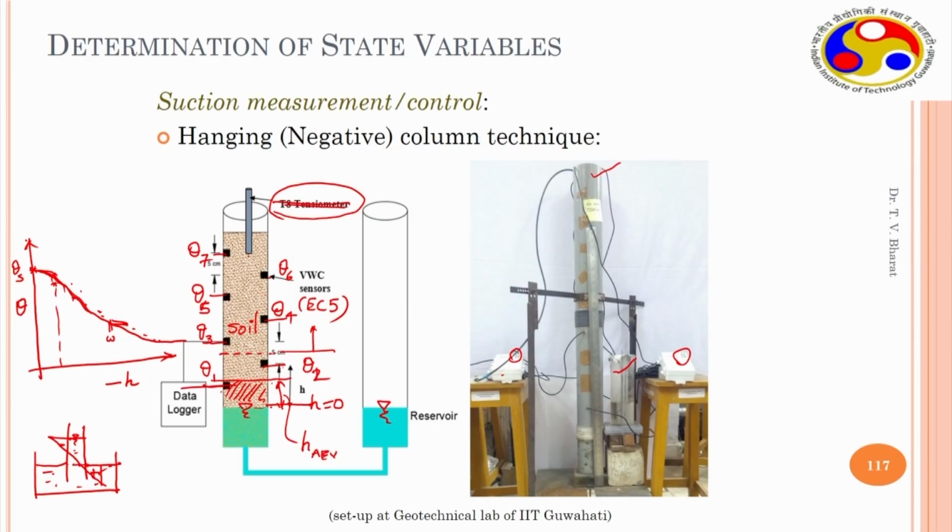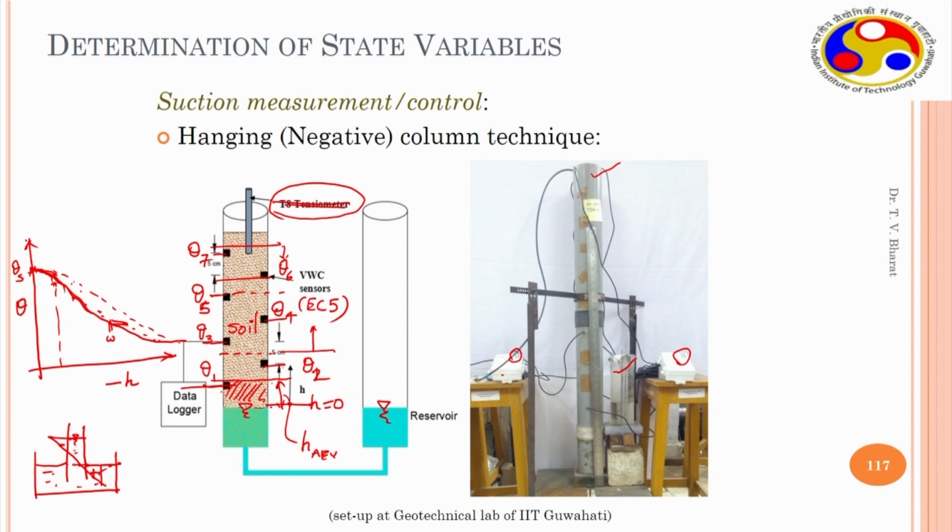One can conduct the drying technique also. One can establish the drying path also by lowering the water level from the initial depth. For example, the water level is slowly raised up to here, and maybe it reached the maximum value. Now the soil is completely saturated and you obtain this particular point. Now when you lower this value to here somewhere, you can measure the water contents at different points. These points represent the drying path.